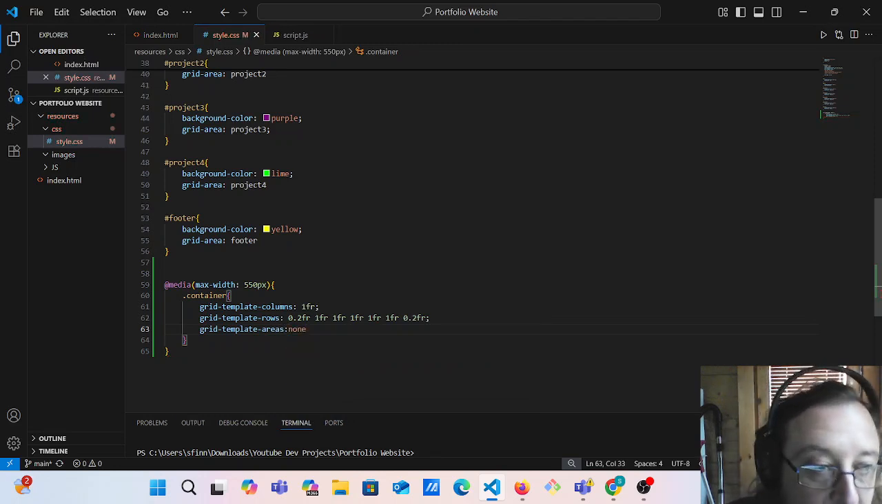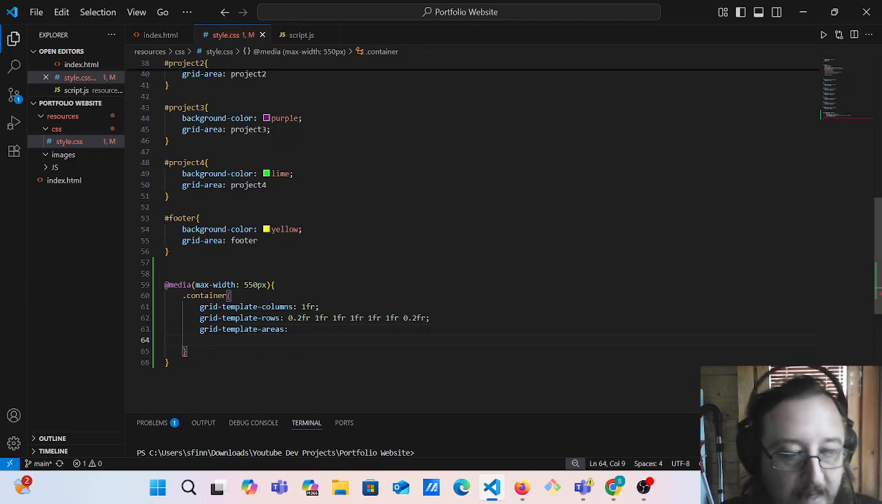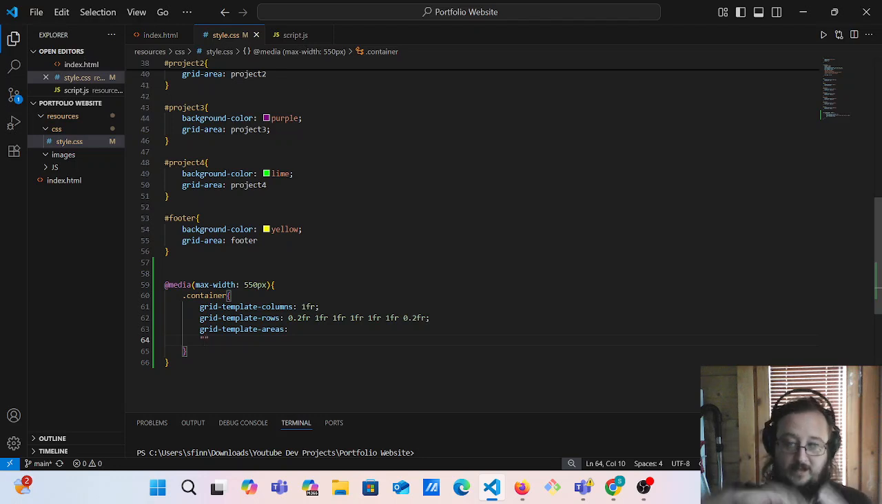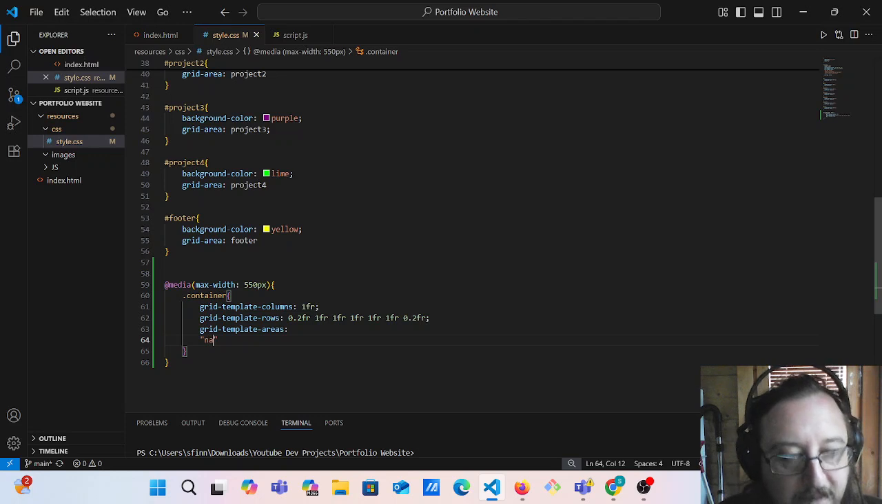Okay, and no, I don't want none. Okay, and then we're going to redefine it. So this time, when we're under 550 pixels, we just want one column. So you can scroll, right? So we're going to have a nav. We are going to have our hero,